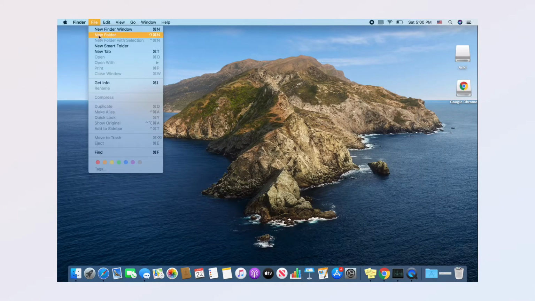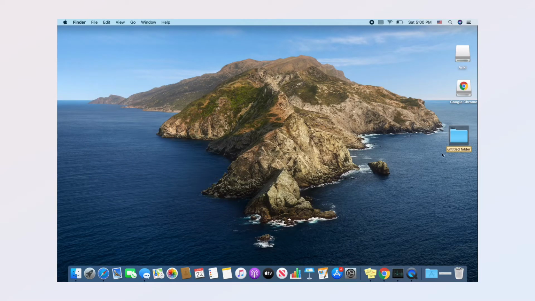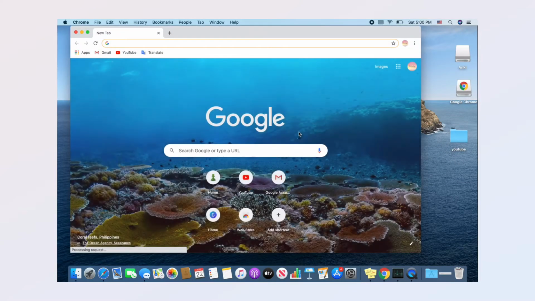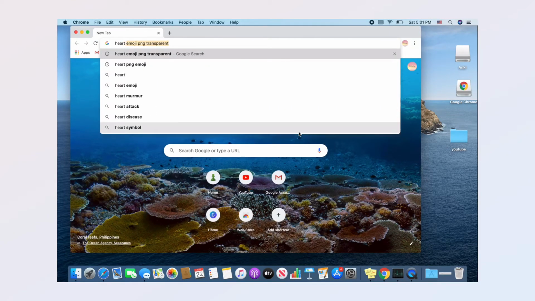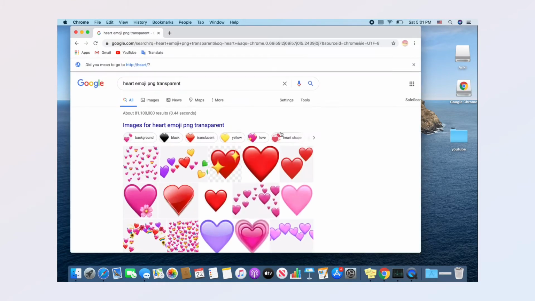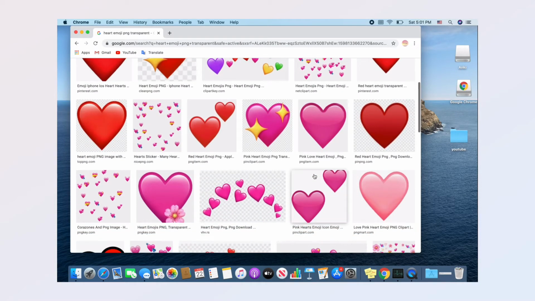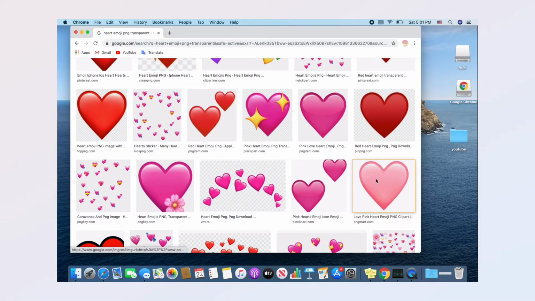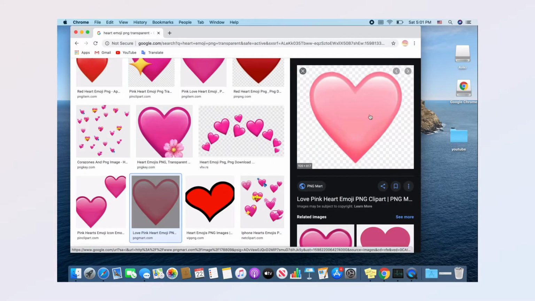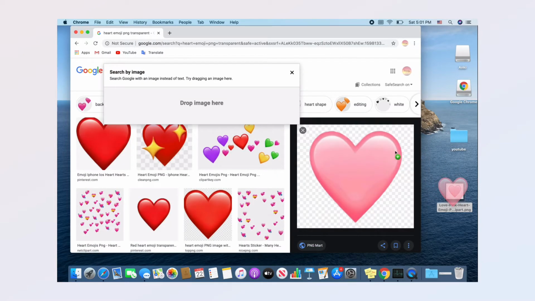To change the folder icons, first create a new folder, and then I'll just title this YouTube. So once you have created a new folder, you can go on Google and search up whatever icon you want your folder to be, and make sure to write PNG or transparent after that. So I'm just gonna find a heart that I like, and then I'm gonna drag it out to the desktop